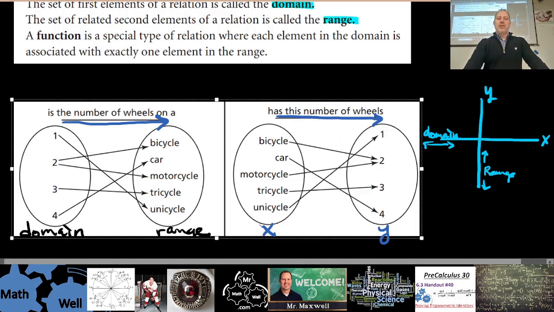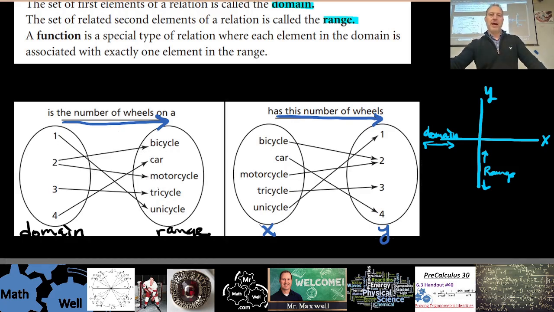If we have something on the left side here, a number of wheels and the vehicle that it's associated with, you can see that 2 is associated with both a bicycle and a motorcycle. So this is not a function, and I can maybe highlight that. So not a function